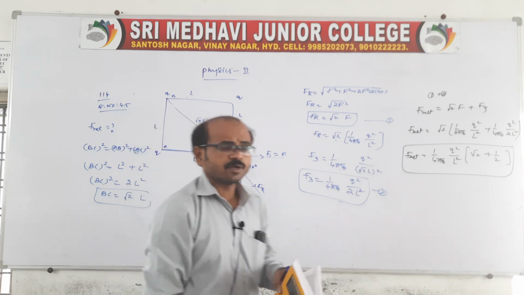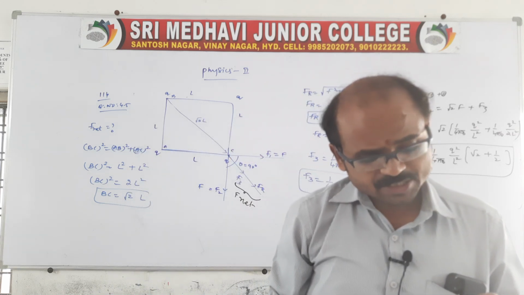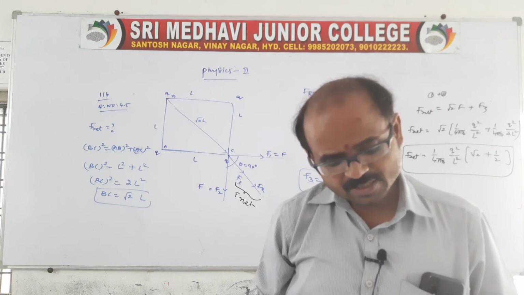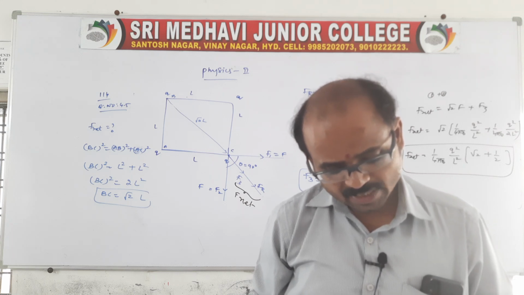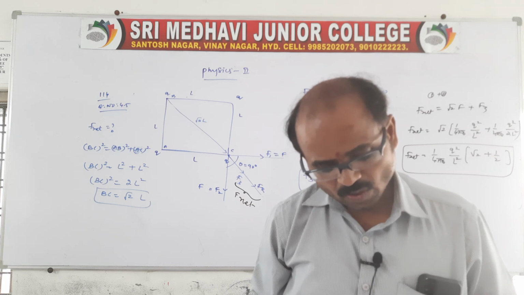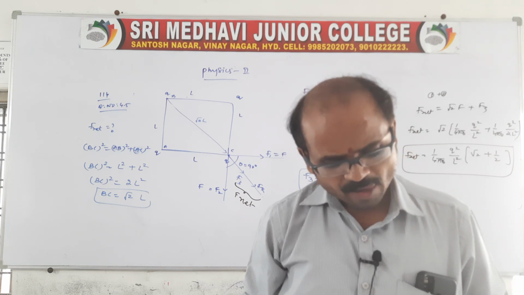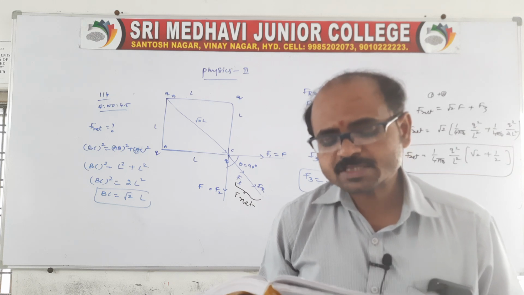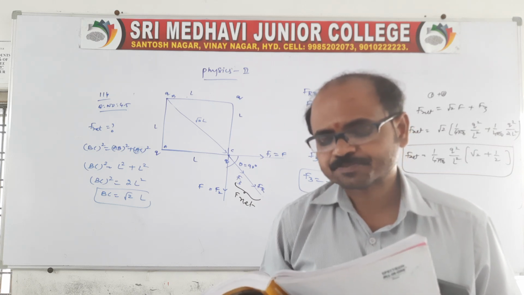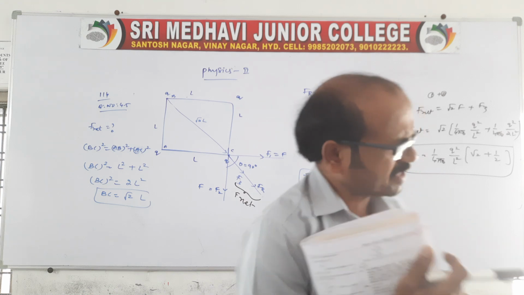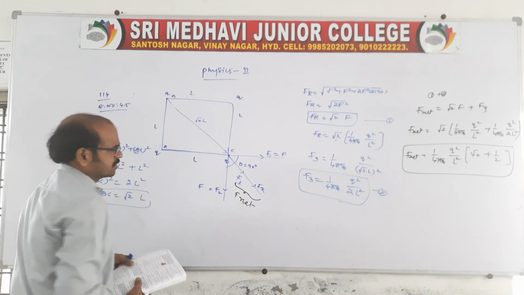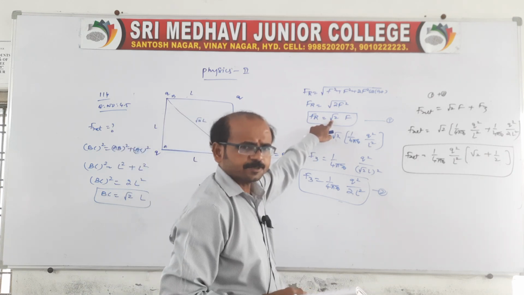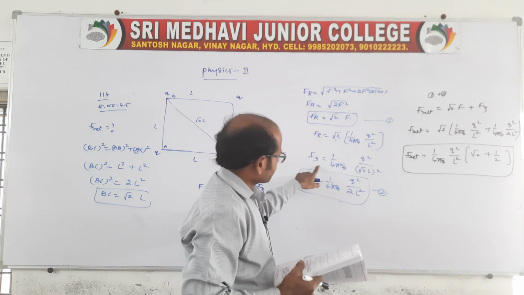But in our material, the problem was given as plus q at opposite corners and minus q at the other opposite corners. So there is a force of repulsion that acts, and as well as a force of attraction that also acts. According to that, again it will be the same, we will get root 2 F only, but the net force will be root 2 F minus F dash. Everything is the same, the method, everything is the same. Your resultant will be root 2 F, right? And here F3 will also be the same.